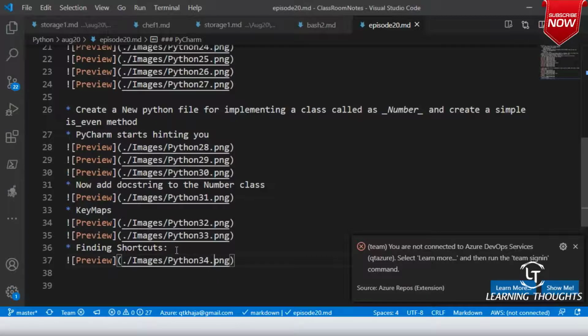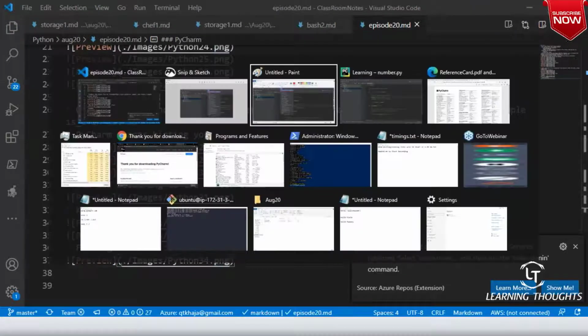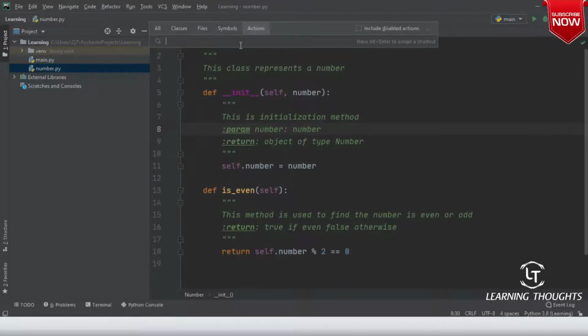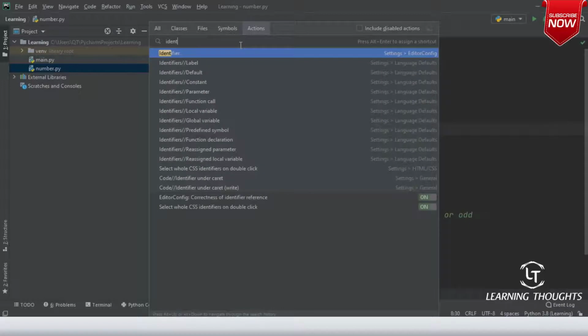And after that, you can tell what is the shortcut which you are trying to look out for. So let me click on find action, and then what is the action which I want to look out for?